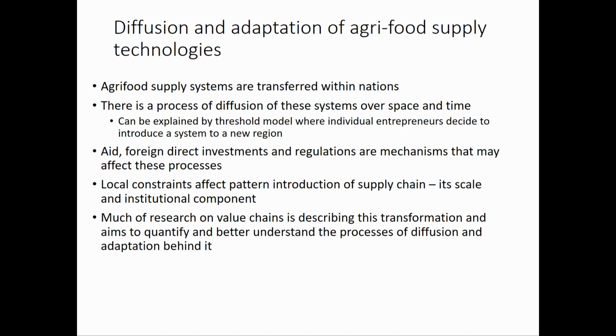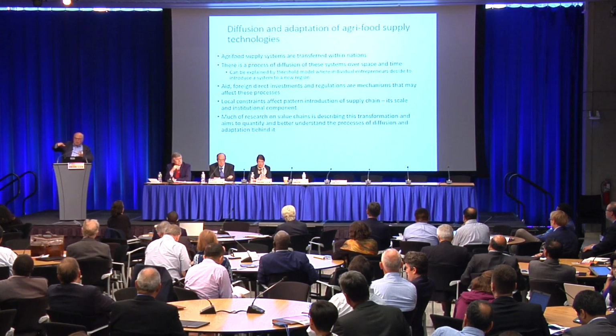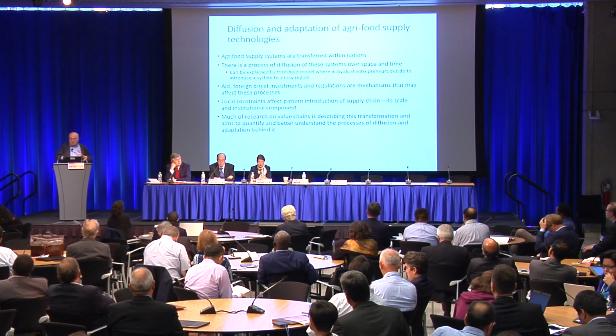So generally speaking, what we see in the world, and that's what Tom Reardon is speaking about, is that once you have a new type of technology, there is a diffusion of supply systems across countries over space and time. Once someone develops a supermarket in America, after a while someone will move it to India and Brazil, and you will have the same type of issue of designing a supply chain in each country. But you have diffusion of innovations, diffusion of new organizations, that all build on building a supply chain in each country, and it's an economic problem.